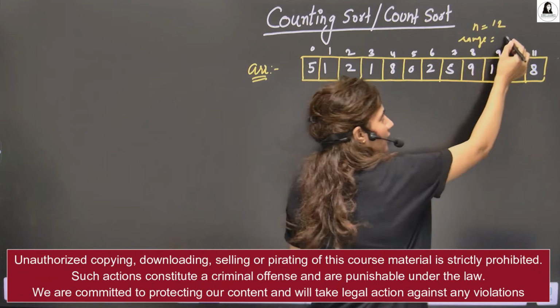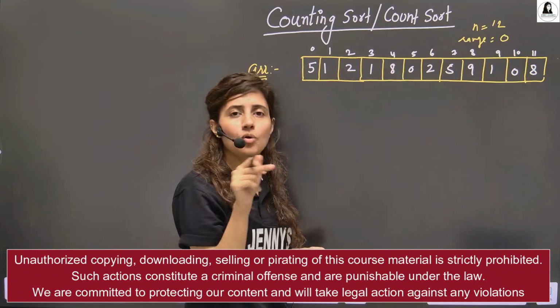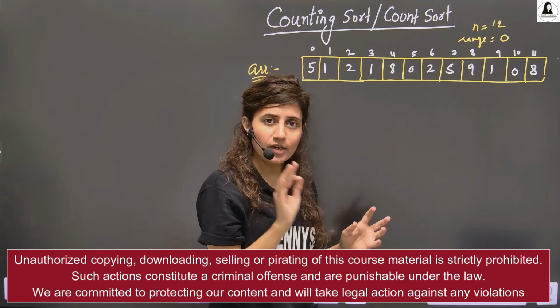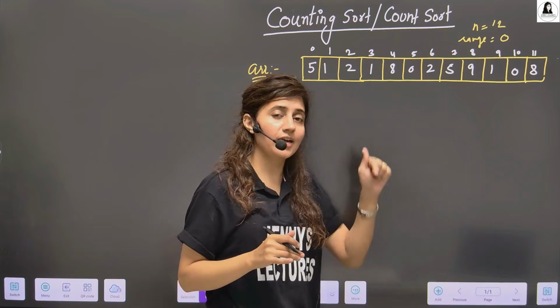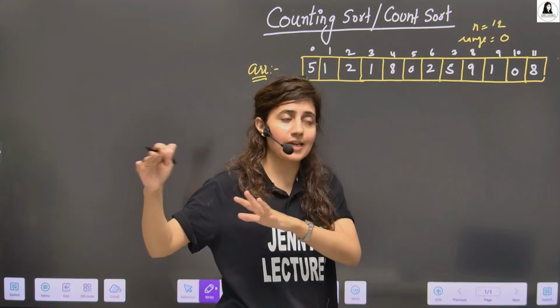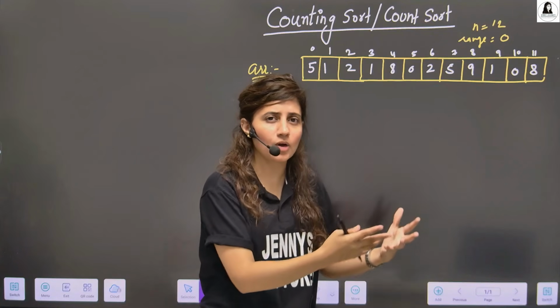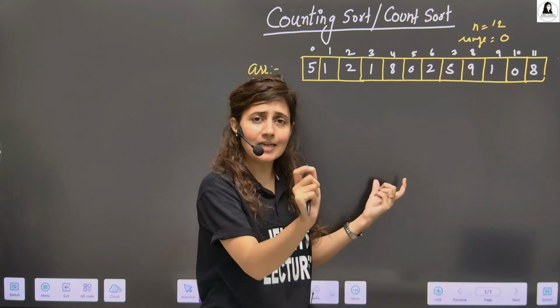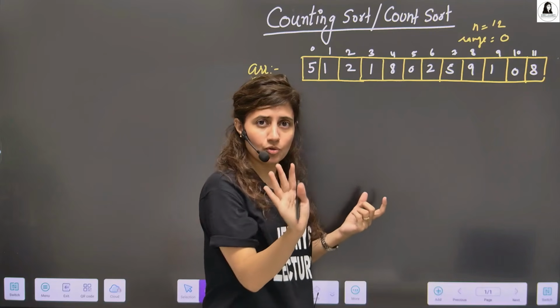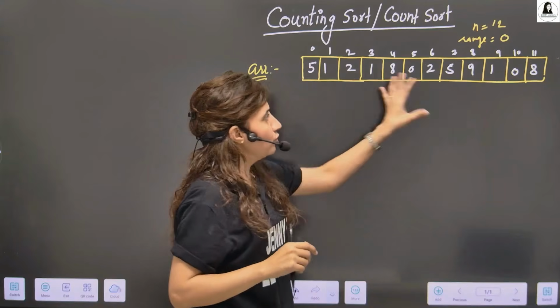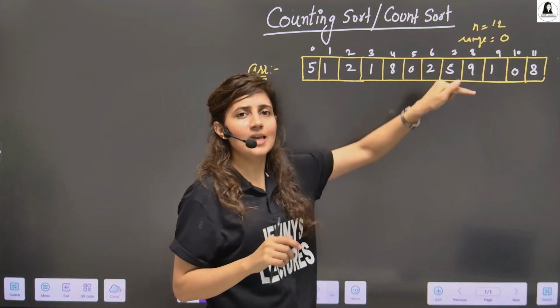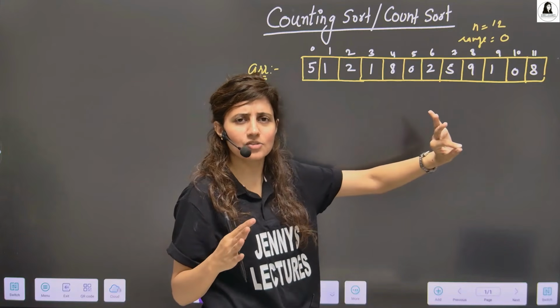So range basically starts from 0 because it works on non-negative numbers. Whatever count sort we discuss, this works on non-negative numbers. If there are negative numbers, you have to do something else, like you have to normalize first, do additional mapping, and then you can apply this. Directly on negative numbers, you can't apply count sort. That is one point about this. So the numbers are present from 0 till some maximum range given.